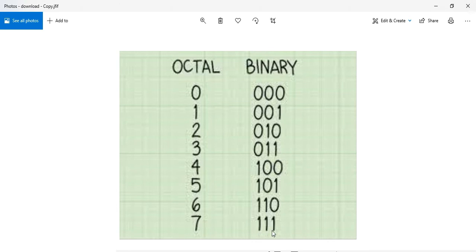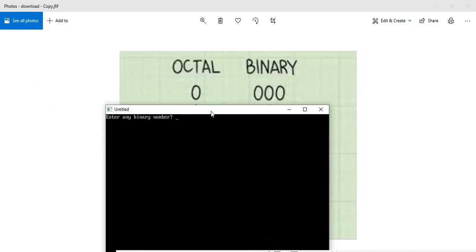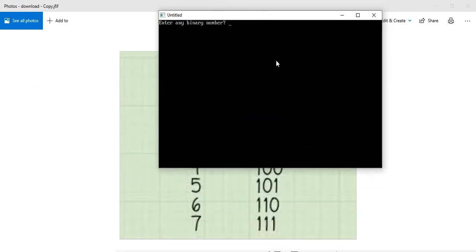If we enter 111, the result will be 7. Okay, 111, and hit enter. Here the octal equivalent of 111 is how much? 7. This is the correct result.